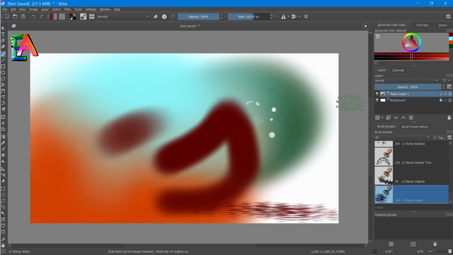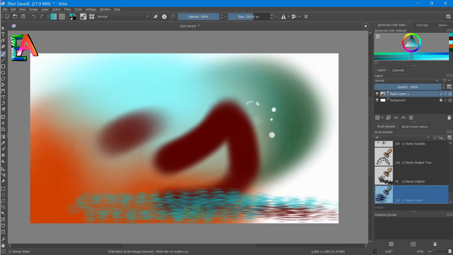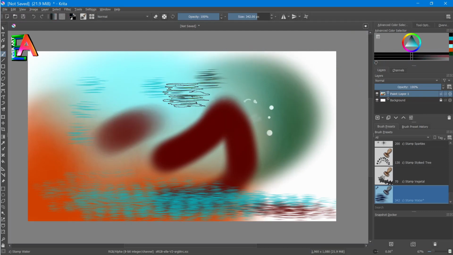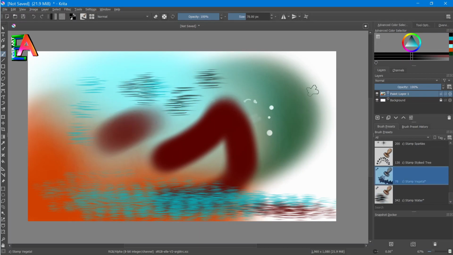You can use it like water texture. If I change the color of this like water, then you can see that this will create a water texture. So one stamp equals to just this. So you can understand that this is the one stamp of this water. A lot of stamps are available also here.